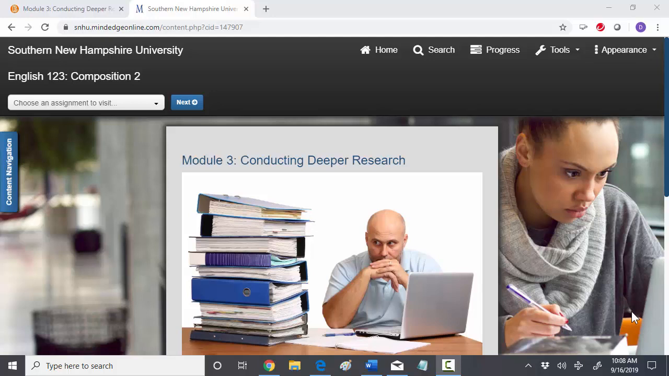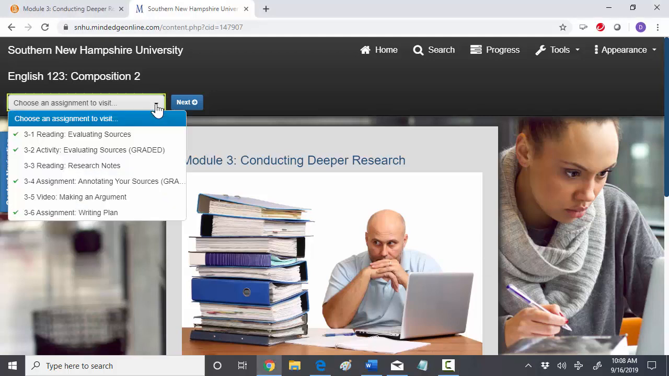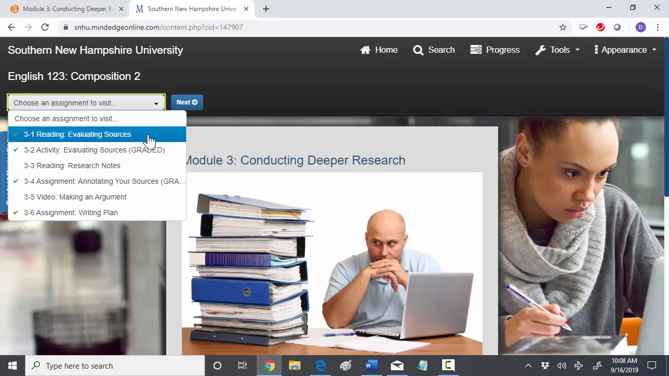This is a brief overview of Module 3, Conducting Deeper Research. In this module, you will dive deeper into both the library and how to evaluate your sources. You'll notice that there are several activities, including some very important reading that gives you a background on different kinds